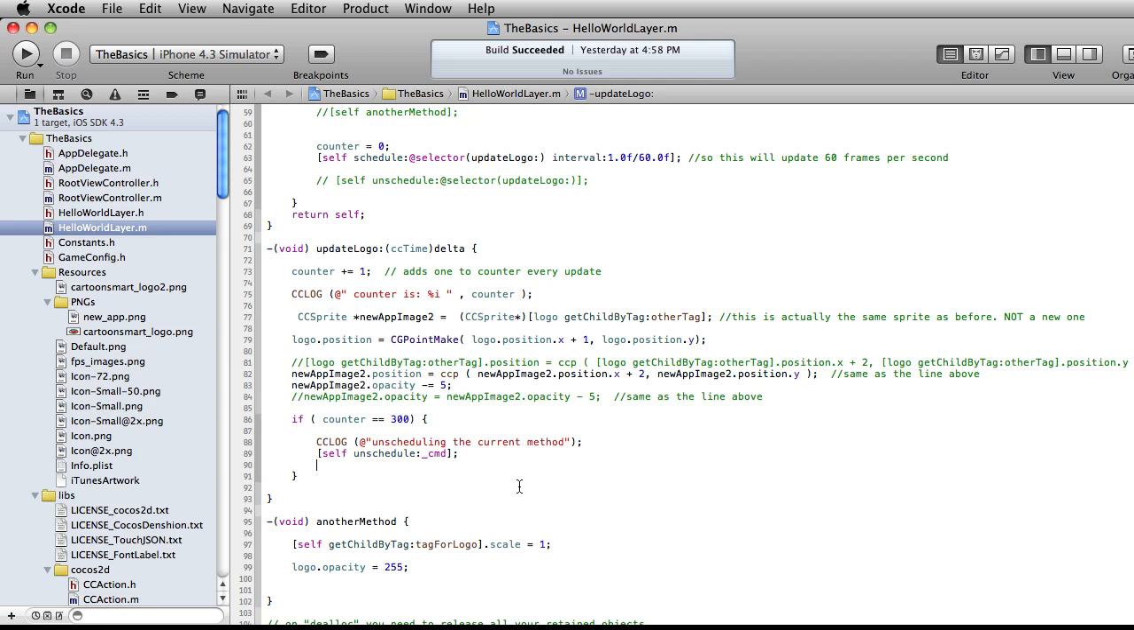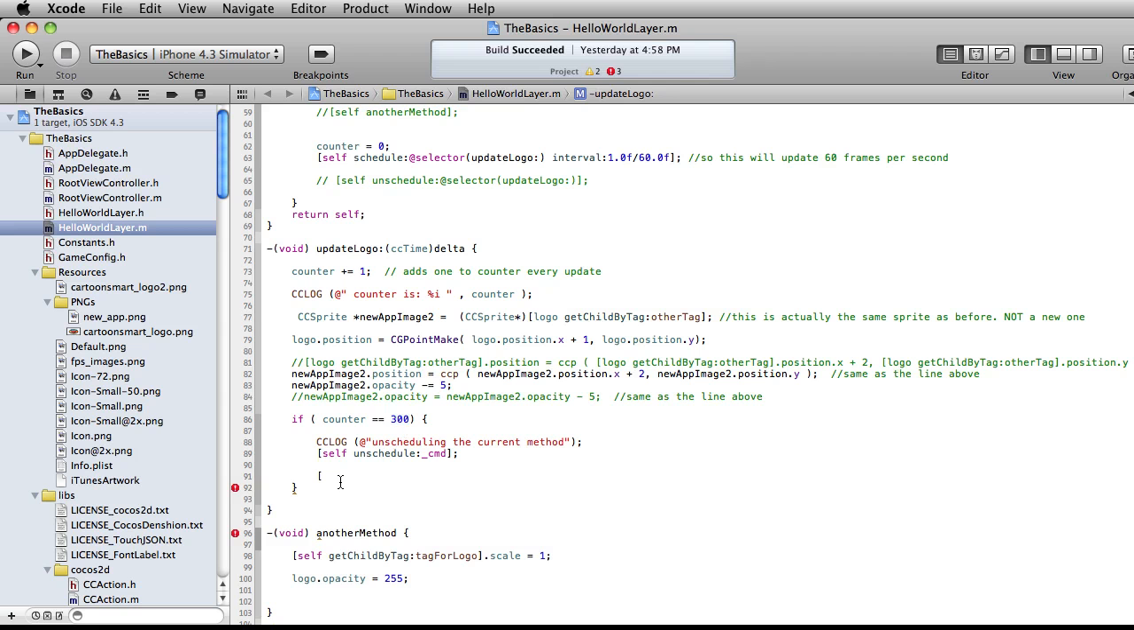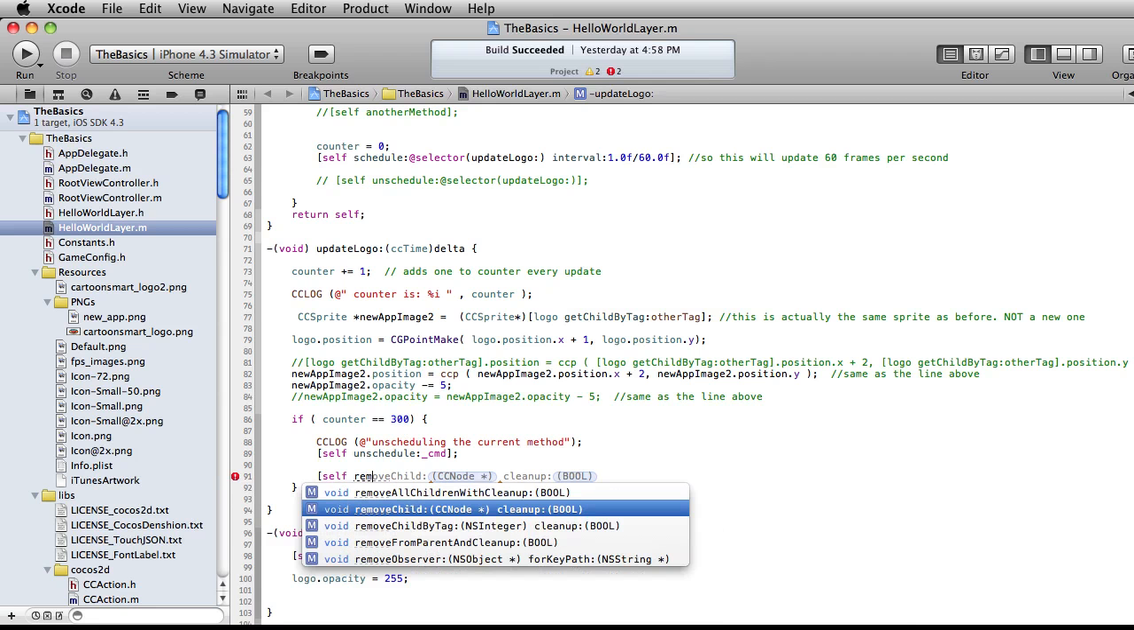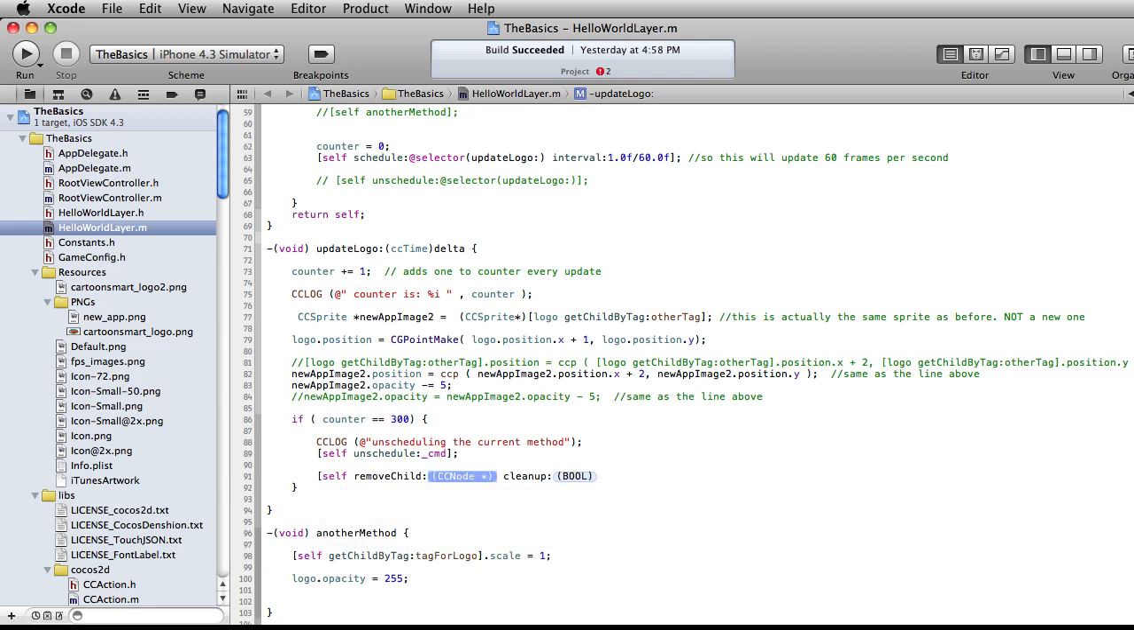Have we actually gone over removing children? Well, if not, let's say when this counter got up to 300, you want to actually just get rid of the child. So you could go to self, and as soon as you start typing remove, like so, you get some hints there. Remove from parent, remove child by tag, or just remove child, or remove all children. Let's just go with remove child, and in this case all we're getting rid of is our logo. And clean up. We don't actually need to clean up anything because there's nothing in that child that's like a scheduled selector or anything like that. So now if we were to run this,